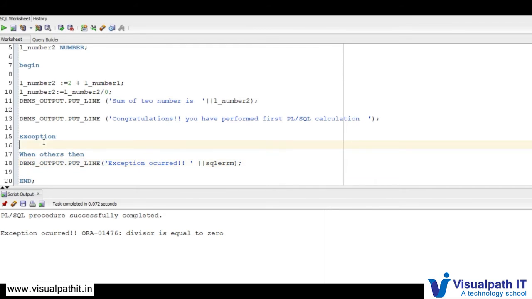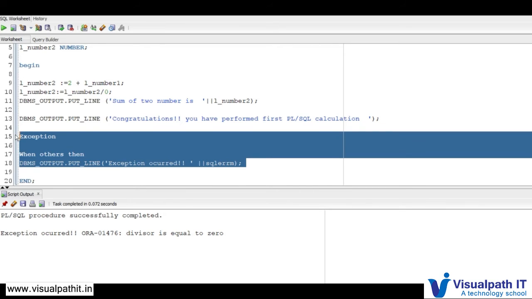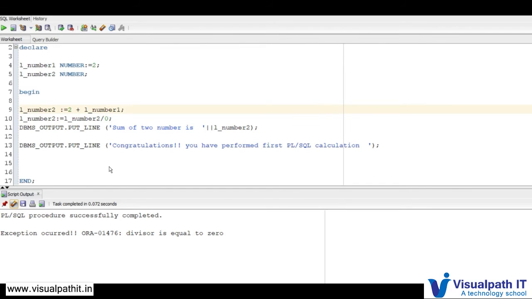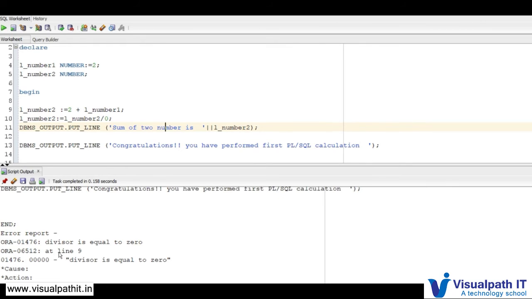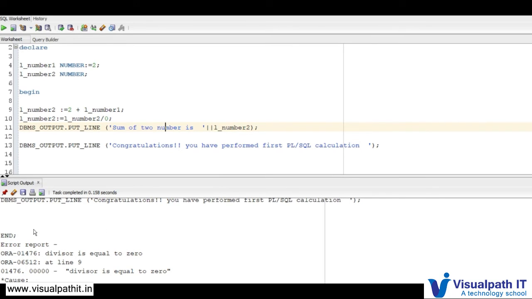As we've seen, the code has ended gracefully; it has not bombarded. Now if we want to bomb out our code, we just remove this part. It will give you the runtime exception error, showing the line the compiler hit, saying that the divisor is equal to 0. In this case your program is bombing out; it has not ended gracefully.